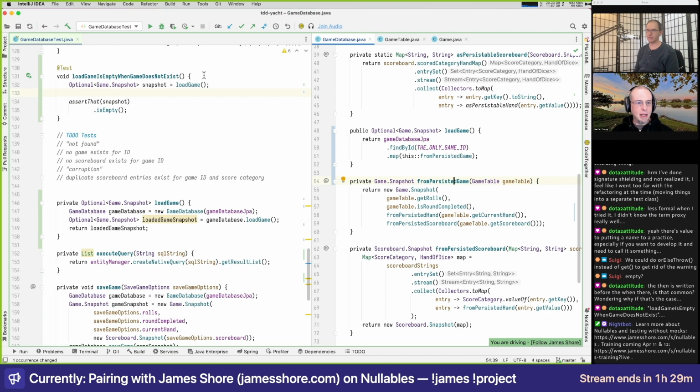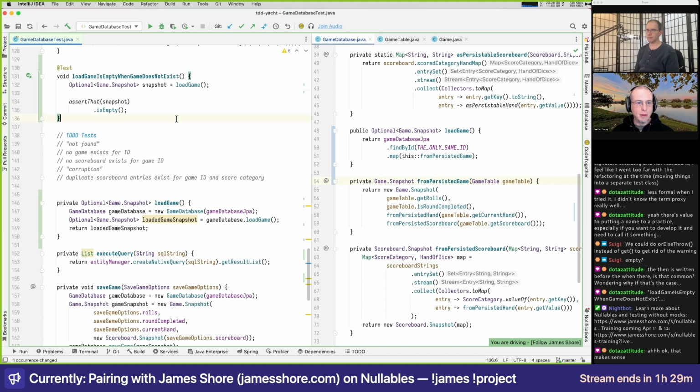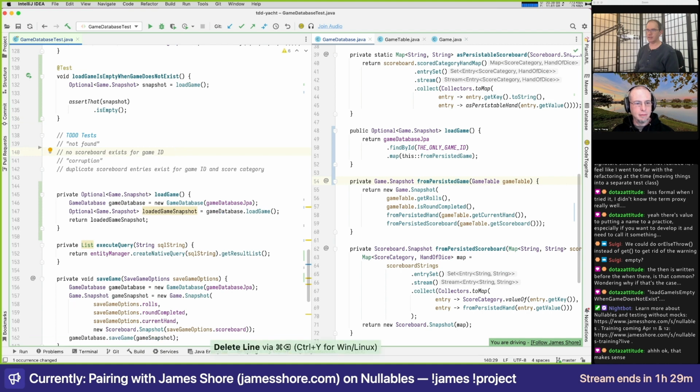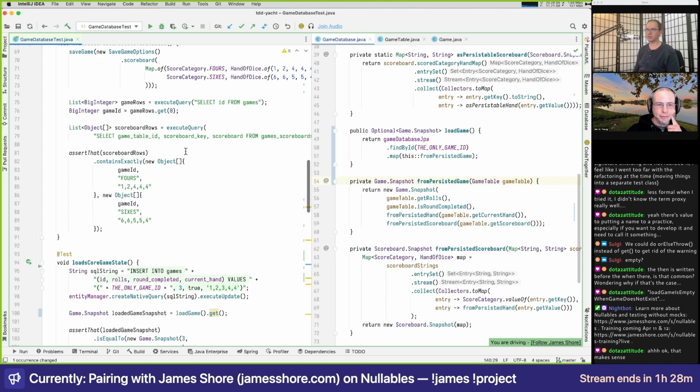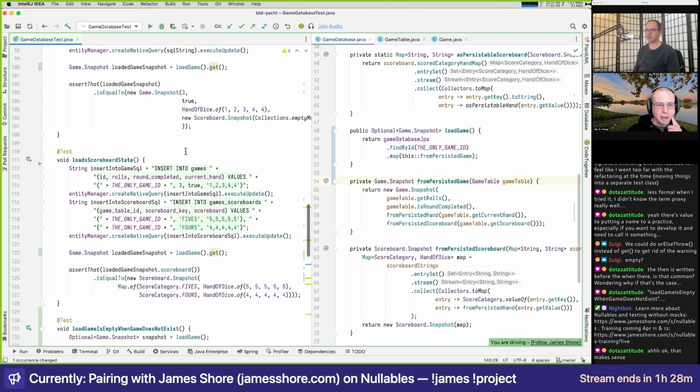All right. So that's when the game does not exist. Let's look at the scoreboard. I think that's a happy path. That's something that can happen normally, but let's go ahead and implement that. If there is no scoreboard, we should just get a default scoreboard, right? I guess this is what if we have a game. We'll scroll up a little bit. Let's look at our test that loads the scoreboard. That's right, it's load scoreboard.